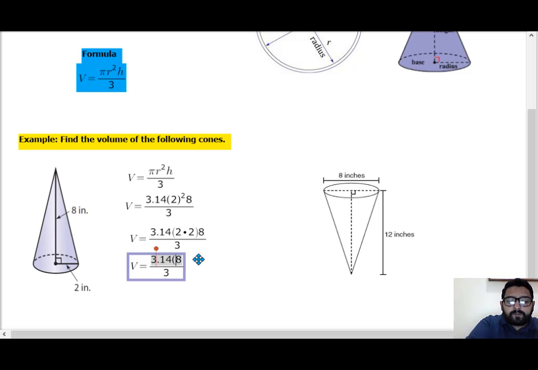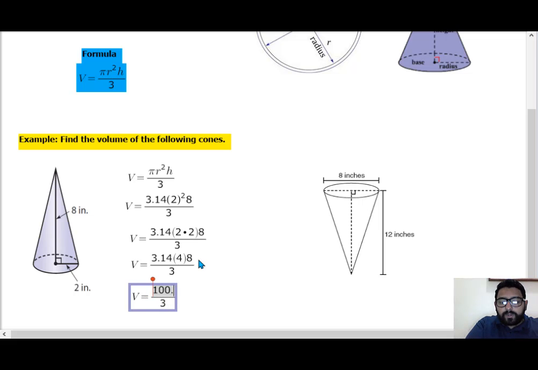So we have 3.14 multiplied by 4 multiplied by 8. When you do this multiplication, you get a value of 100.48. Then this you need to divide by 3, and you are going to get a value of